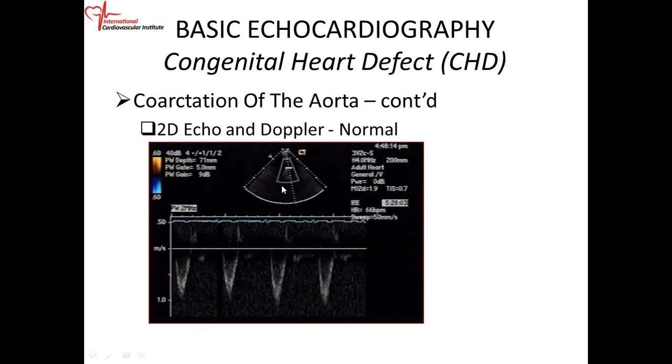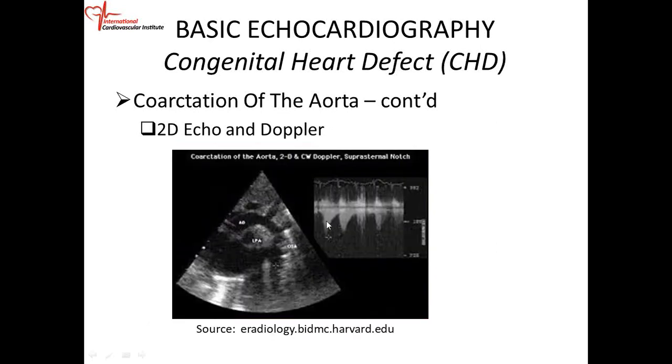So again, your suprasternal notch view, and you're accustomed to put your cursor, your sample volume in the descending aorta, and this is what you're supposed to get. ECG is on top. In systole, you get a nice waveform, usually about 1 meter per second. It goes straight to the baseline, and that's it. So this is what the normal Doppler flow across the descending aorta looks like,